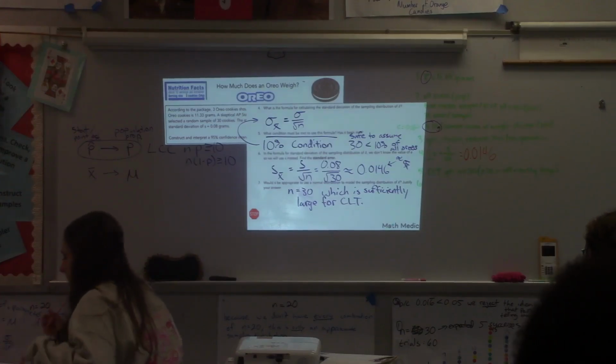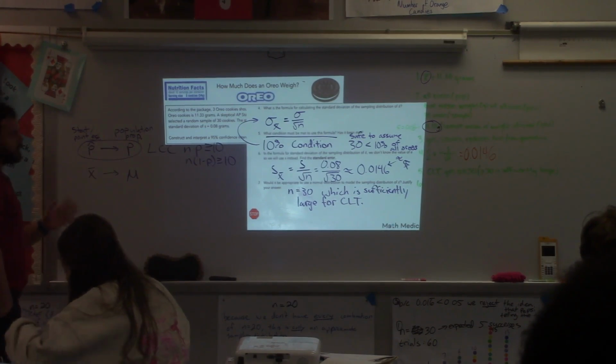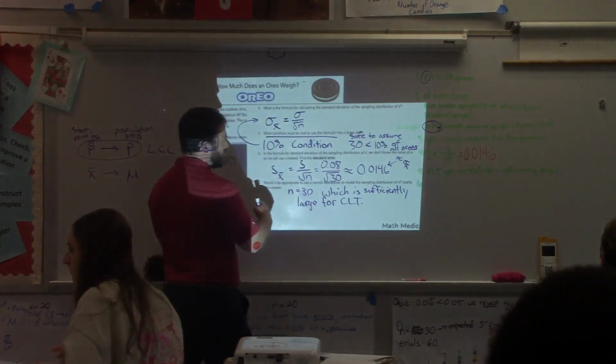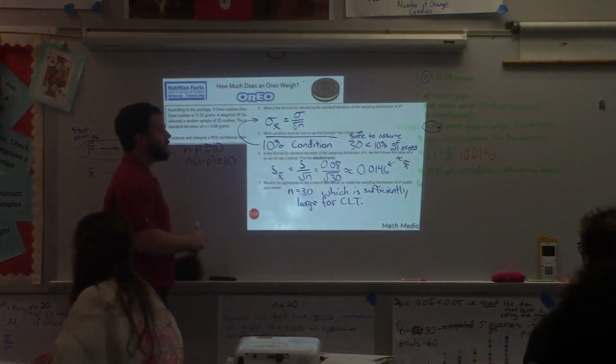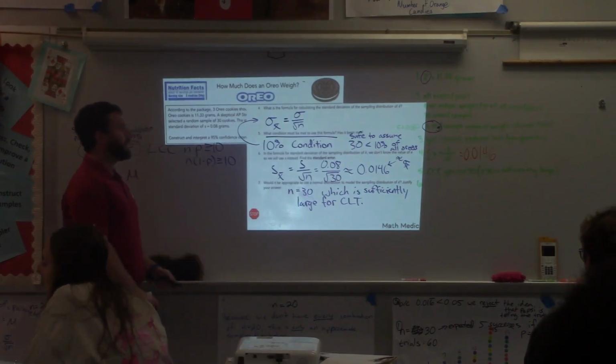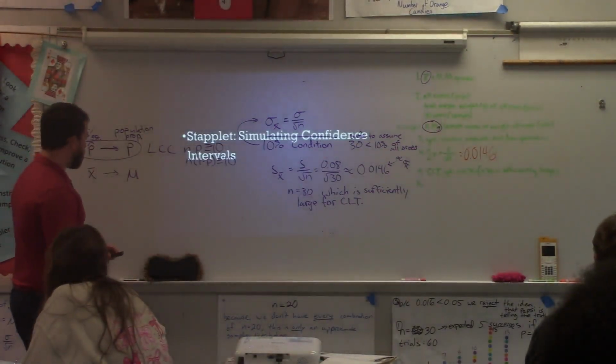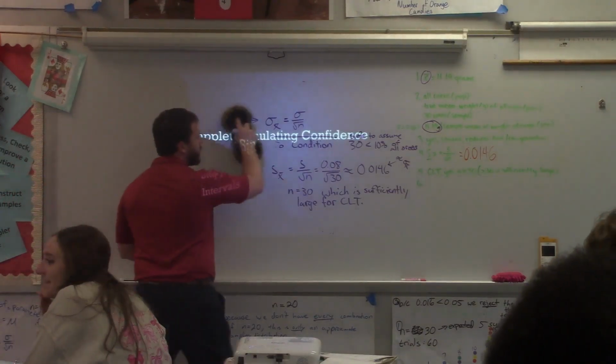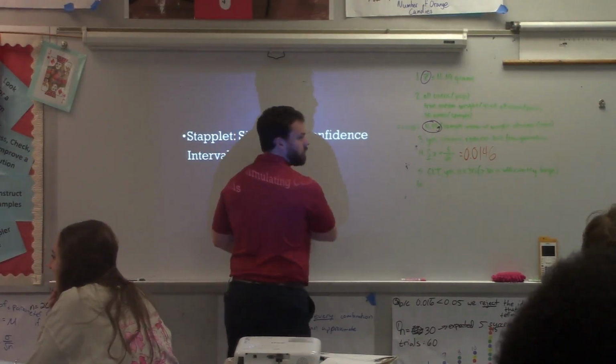Okay, so we have a sufficiently large sample size, sufficiently large for the central limit theorem. So the sampling distribution is approximately normal. Okay, so I'm going to show you something that is not a part of